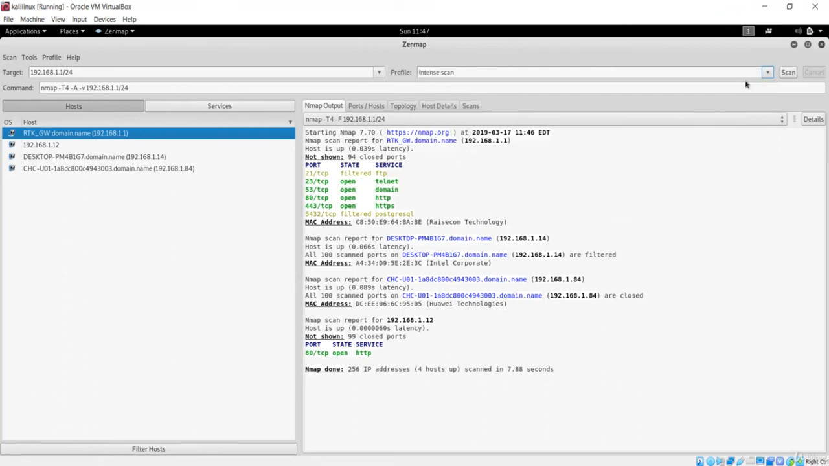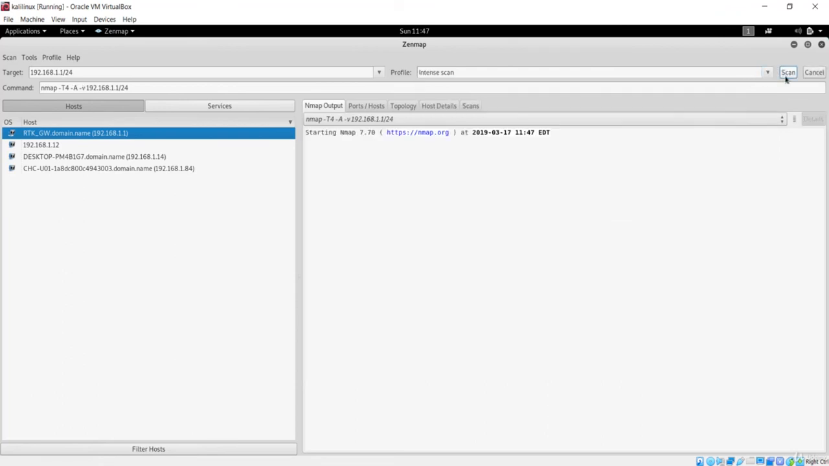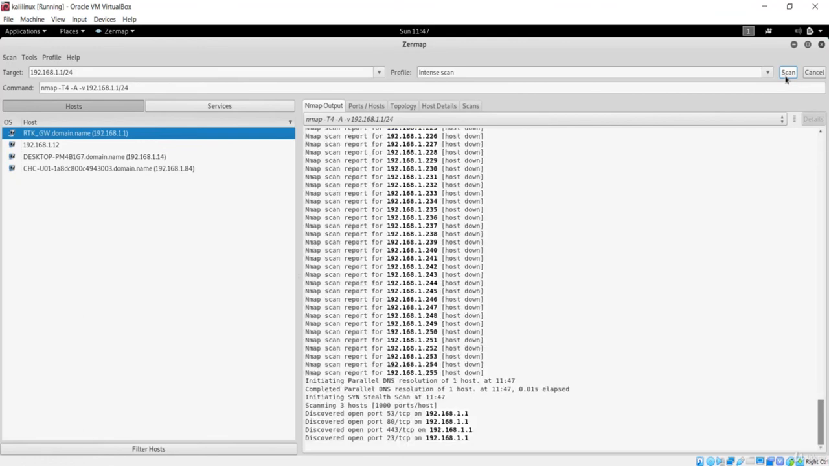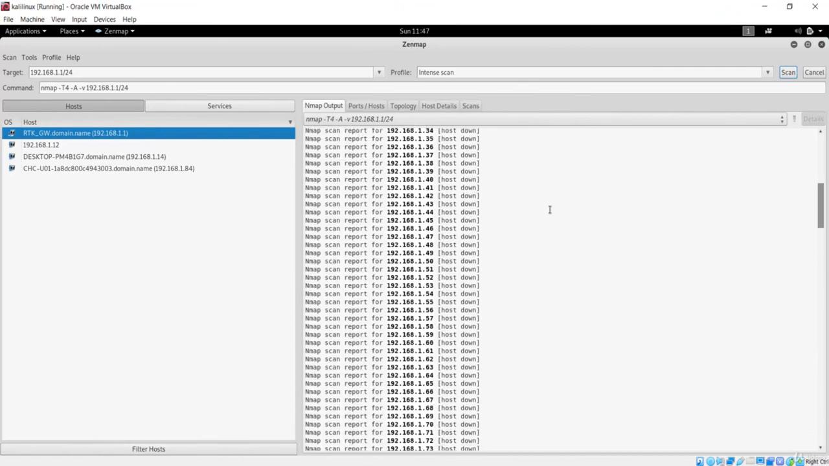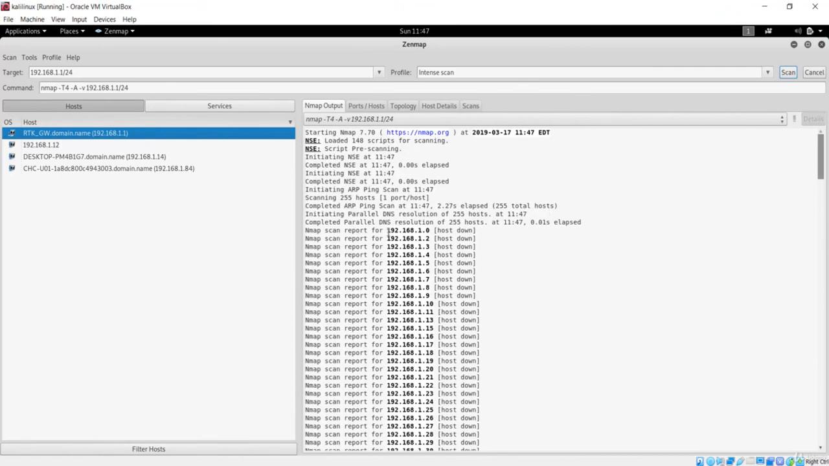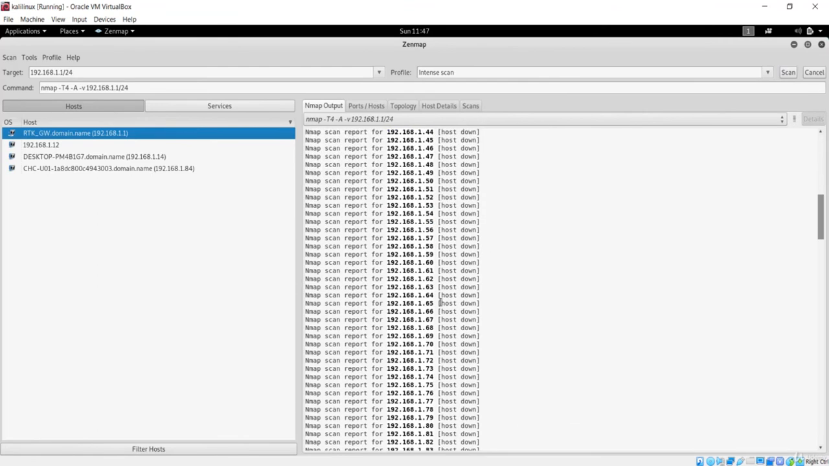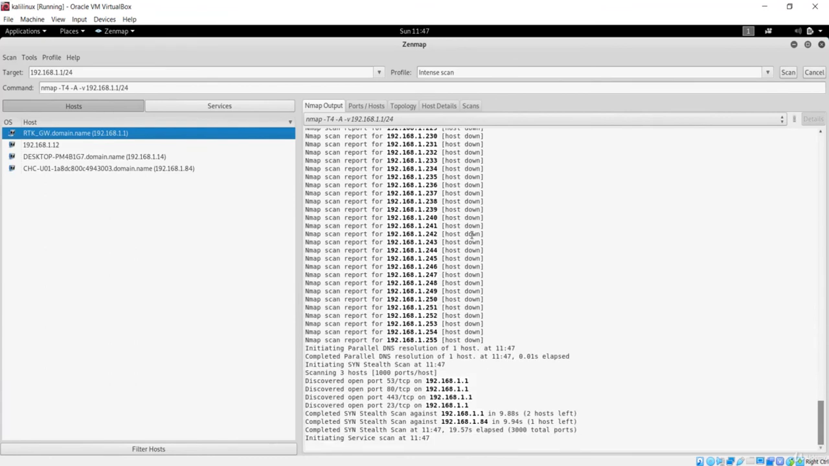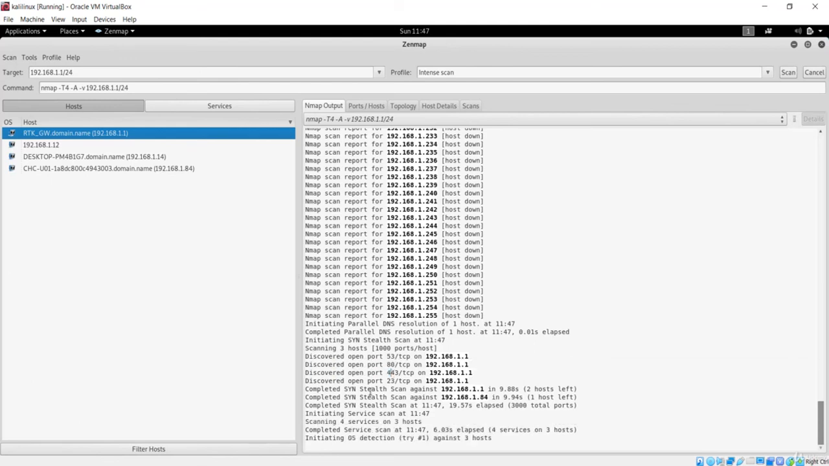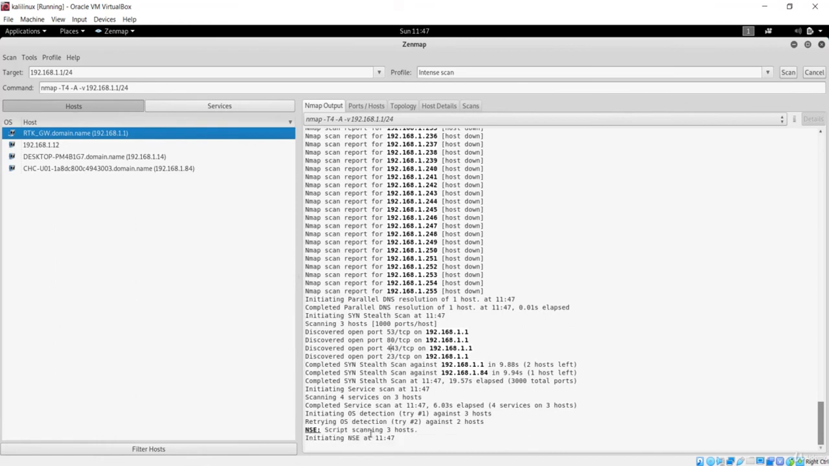So let's go for the intense scan, and let's see what this will discover. It is going for the Nmap scan first, and it has been discovering open ports, and you will see it has shown for every host that it has tried. For the host that is not available, it is showing host down, and for the host that is available, it is showing host up. After that, you can clearly see we are scanning the 3 hosts. It is still trying, so it is initializing the OS detection. That means it will search which OS these clients are using,